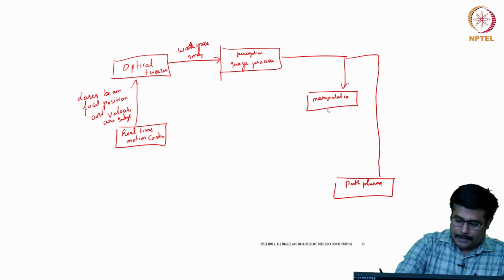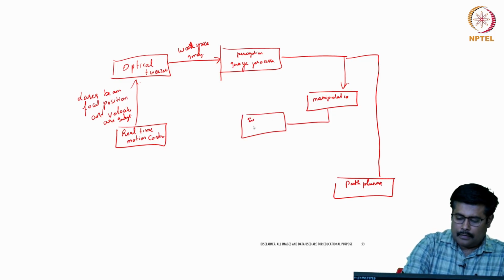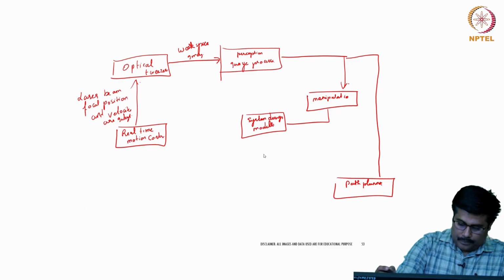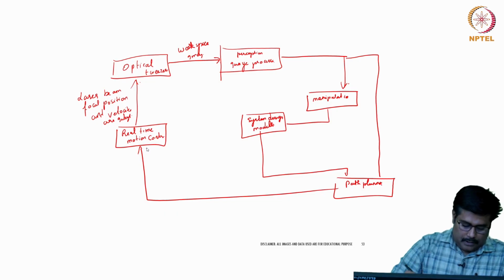From the manipulation we have the system design modeling, which is fed into the path planning process, and from the path planning process it is fed into the